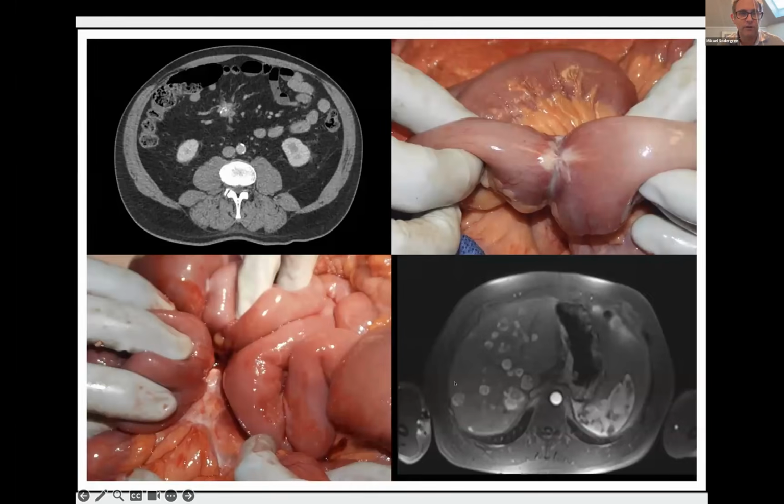This is an example of just what it looks like. This is a patient of mine that I operated on, I think, about 5 years ago. This is the typical imaging characteristics of a mesenteric lymph node deposit. This is the typical appearance of a primary. And on the bottom left, this is what the lymph node metastatic deposit looks like in the mesentery, often with bowel tucked in there, or sometimes even other parts of the mesentery involved.